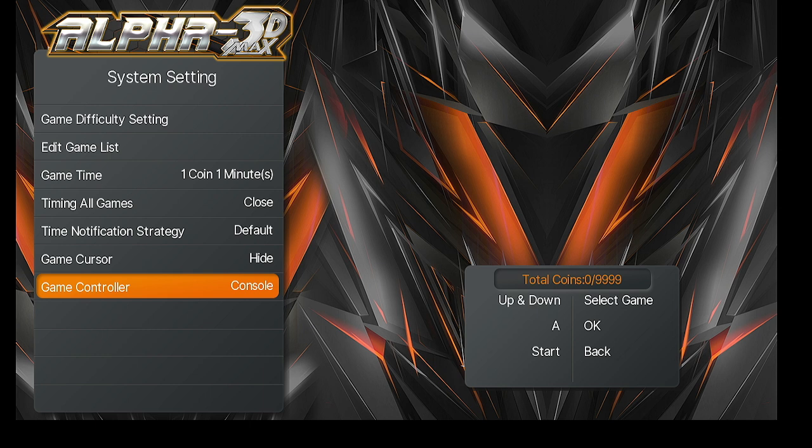But now with this new update, console stands for the buttons and joysticks. Handle stands for the gamepads. So if we switch this to handle, it now switches the USB gamepads to players 1 and 2, which is